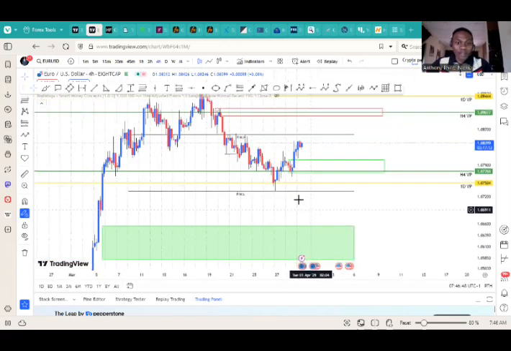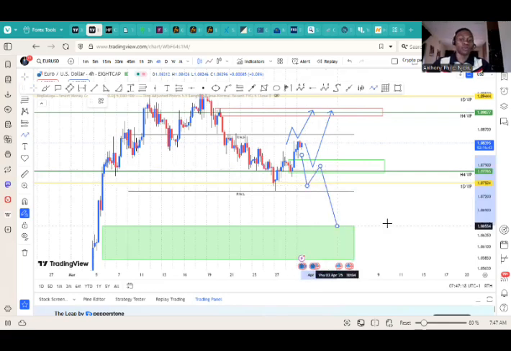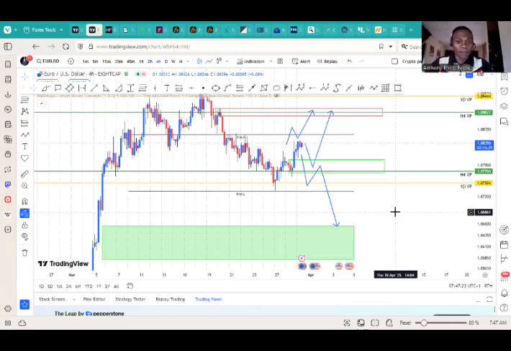So what I anticipate for Euro USD is this. I expect the market to come back towards this demand zone, activate trades and start moving to the upside. That's what I see. And then the market can also insist to just continue pushing to the upside towards this level. That's what I see for Euro USD based on structures I'm currently seeing. But in any way, if Euro USD decides to break this demand zone, it can turn it into supply and then drop. So this is the trade picture I see. No matter what, you'll be able to get a trade.